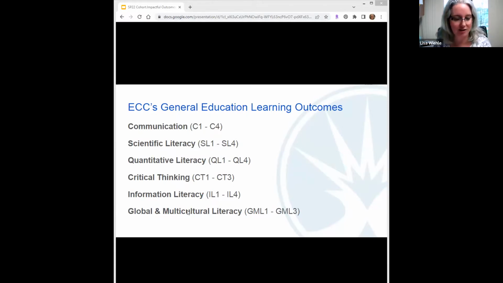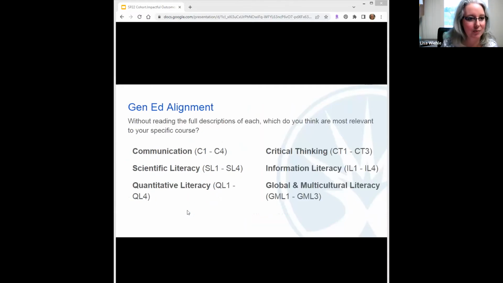And the enumeration that's here, I'll get to in a minute. And each of these does have a fuller definition. It's not just a title, and that's what those numbers refer to, how many bullets are underneath each of those outcomes. But